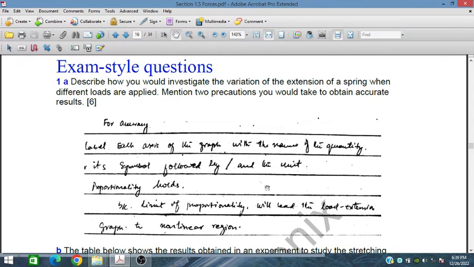So we increase the load and we see that for the corresponding load the extension is the same. If at some stage we increase the load force and the extension is more than the proportionality band, then it is approaching its limit of proportionality, where it moves to the non-linear region. So we should be very conscious at that limit, so that we can operate the spring within the linear